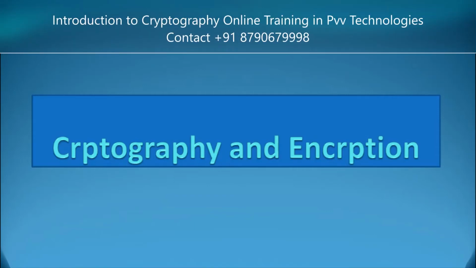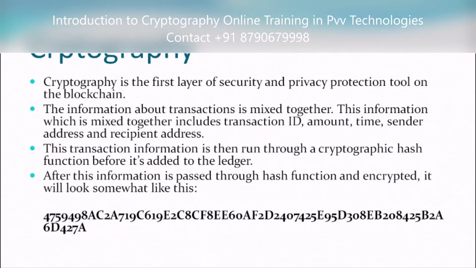Cryptography and encryption. We will learn about how cryptography is done on the Bitcoin network using the hashing technique. This chapter will be very technical and we will be learning about how the logic works at the back end of the cryptocurrency and how security and other features are achieved.